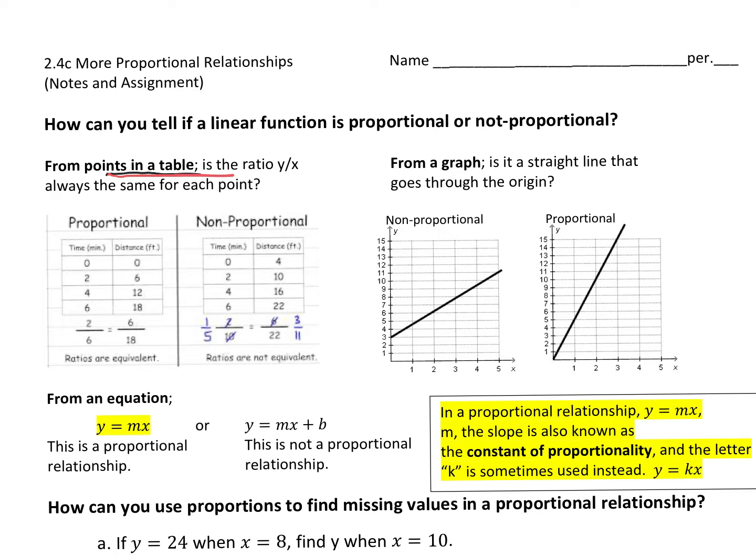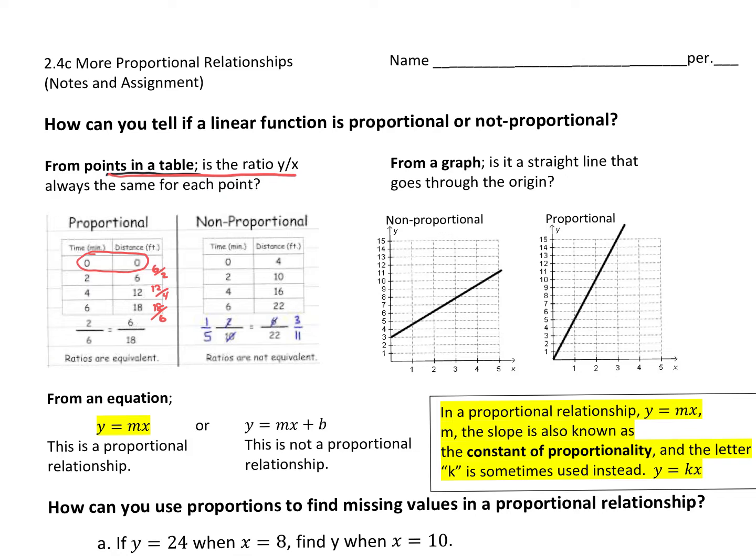if we have a proportional relationship from a table, that means that all of the ratios of the y over x will be the same. If we take 6 over 2, that's 3. If we go to the next one, 12 over 4, that's 3. 18 over 6, that's 3. And it goes through the point 0, 0, that's a good indication right there that it's going to be a